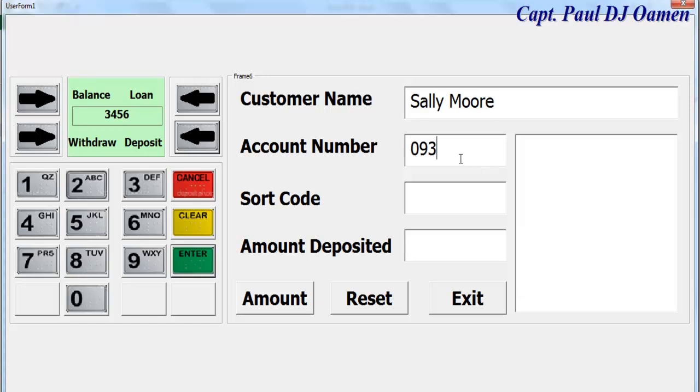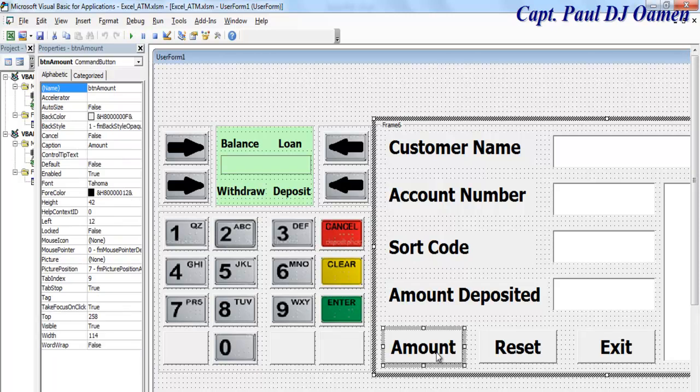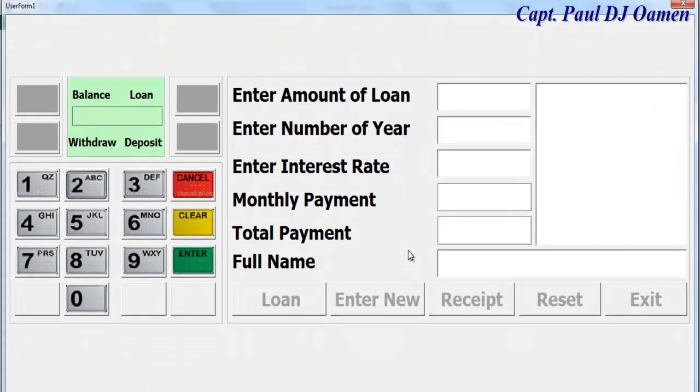Amount, your account number, code, and amount. Yes, Sally's rich too. Let's enter that in there. Okay, we need to move this one a little bit in. Okay, that's fine. So I'm just going to demonstrate how both work, and now call it the end of the